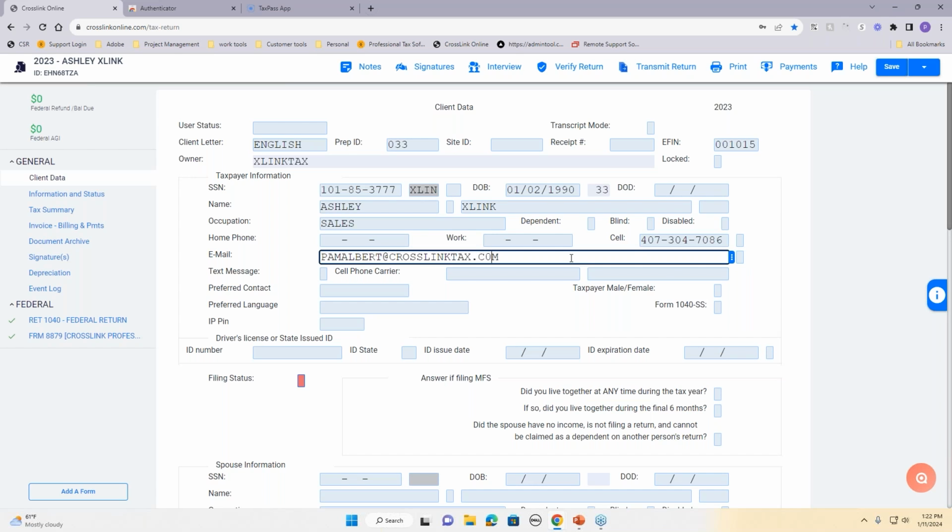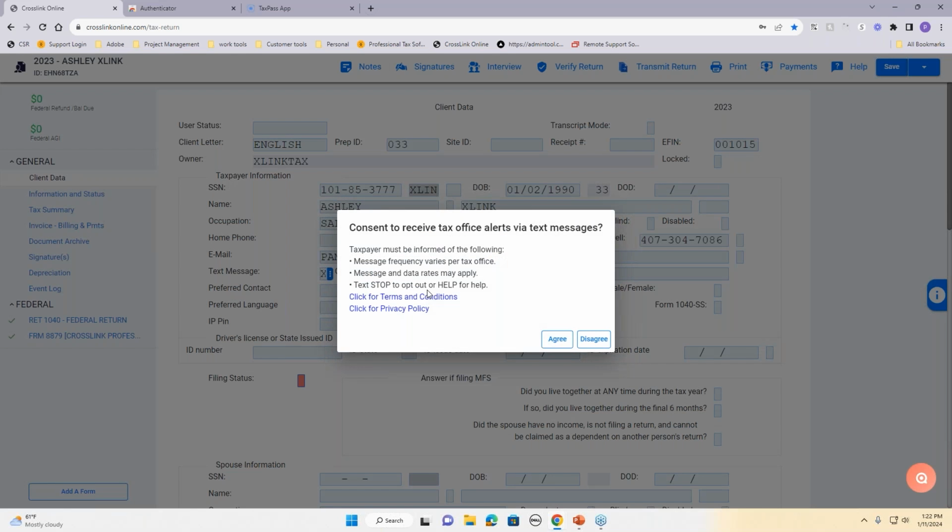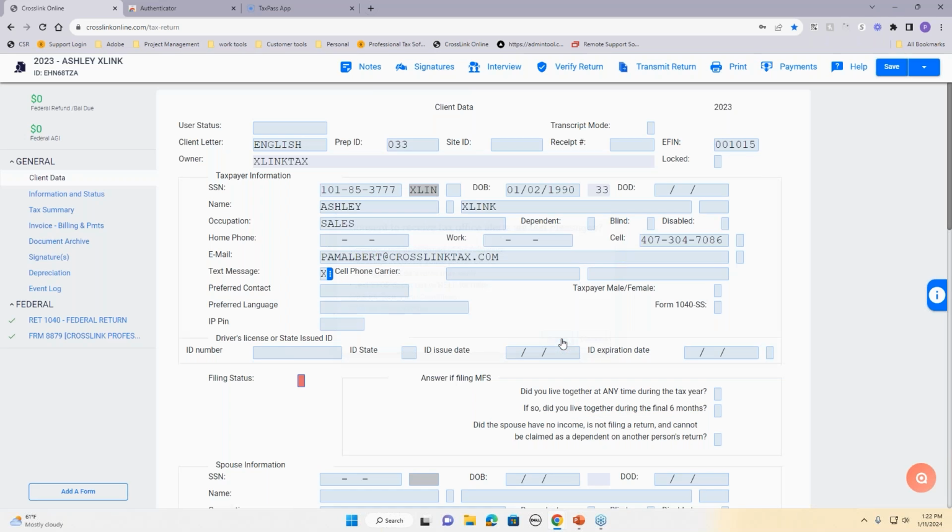And the way you do that is by filling in their cell phone. You see I have a text message field here, and when I click on this box, I want to double click or type in X, and that's marking that they would like to receive text messages from the software. You're going to go ahead and click I agree on the warning, letting them know they're communicating and receiving messages to their cell phone. And then the next field, you do need to provide their cell phone carrier information. So this is for your taxpayer's cell phone carrier, not your